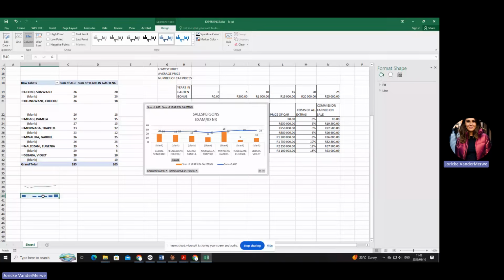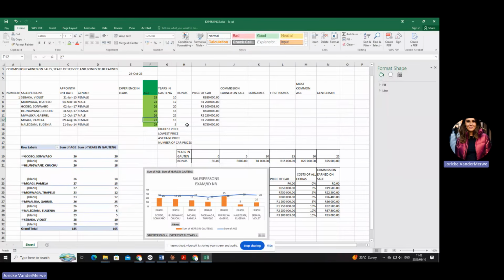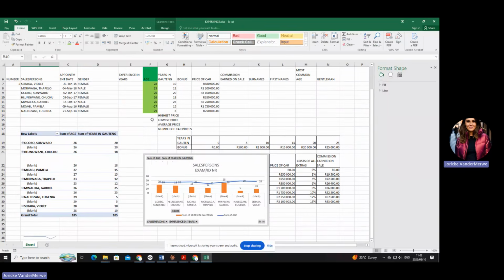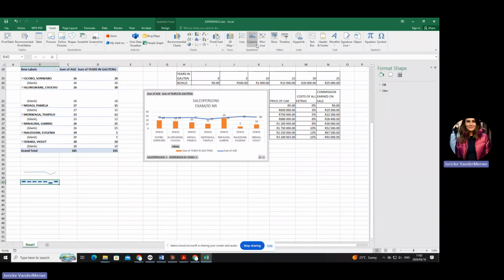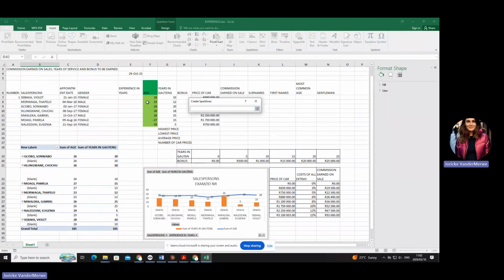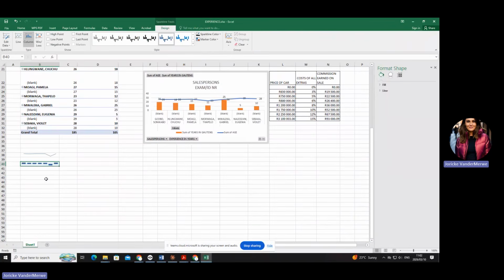Okay, now I just want to show you what is the difference between the blue. If I'm going to make this age a negative 27, look at what's going to happen. Okay, let me just quickly do it again. Insert, it needs to go into red now. So let me just quickly show you how it looks if it is a negative value so that you can just understand how it works. You will see now the other one is at the bottom. Can you see that? So if it's a negative value, it goes into the bottom. If it's a positive value, it goes into the top.